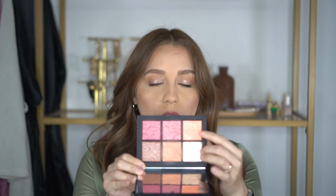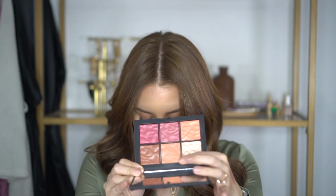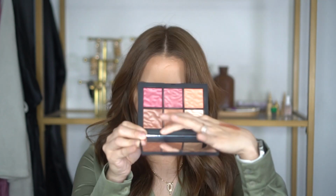And then it has these really pretty peachy and more peachy nude kind of colors. I've worn all of these, even this darker one, which doesn't come out super dark. It's really, really nice. And then it has this highlight shade. The highlight is to die for. It is so blinding. You gotta see this. It's not gonna turn out that blinding right now when I swatch it, but if you can see,